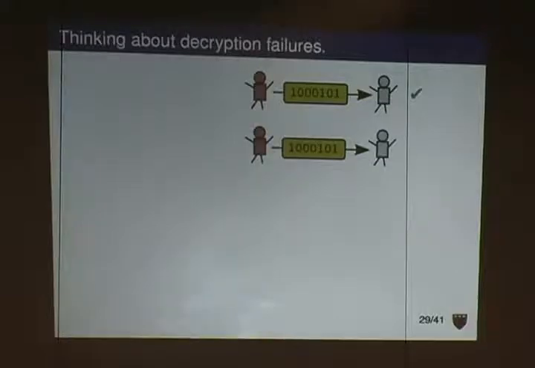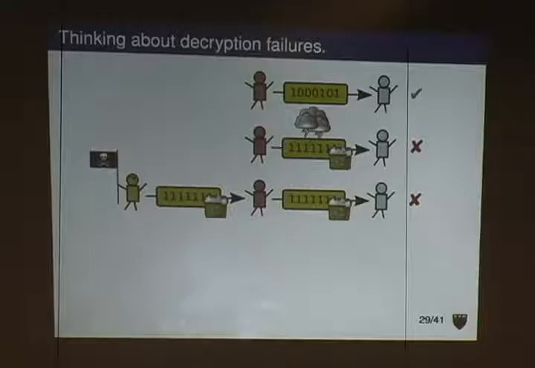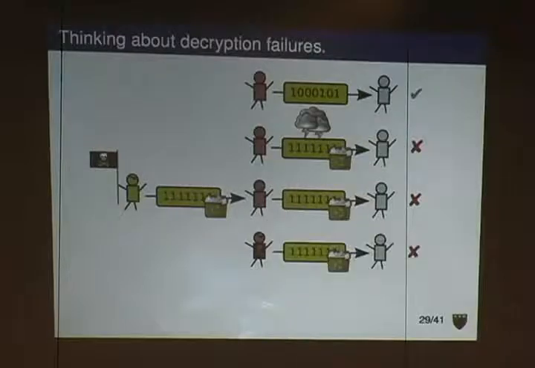Now, lots of things could go wrong, too. Alice could try to send her message. Some misconfigured routers or maybe an electrical strike on some wire could flip some bits, and now Bob's going to receive some junk and can no longer decrypt her message. Another reason Bob might get a message he can't decrypt, well, maybe some malicious user sent Alice a message, told her to forward it to Bob, and she did, and now he gets some junk and he can't decrypt it. Maybe Alice herself is malicious, and again, Bob's going to receive some message he can't decrypt.